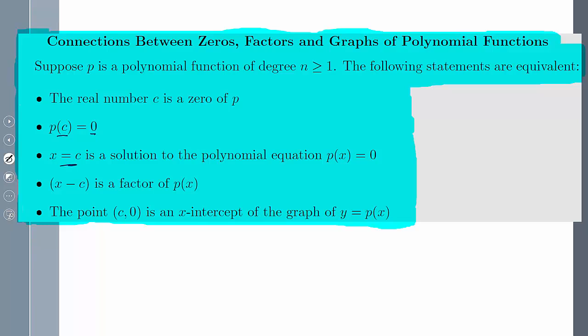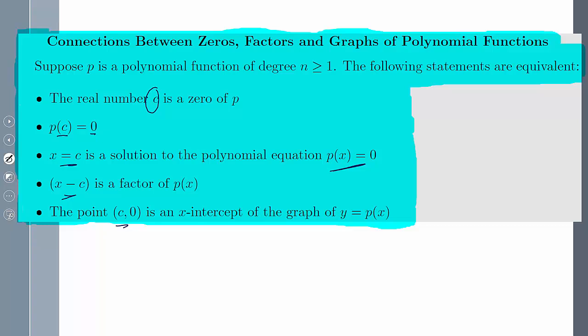x equals c is a solution to the polynomial when your function equals 0. We would write x minus c, that is a factor of your p of x, and the point p of c is an x-intercept of the graph. Now, this is just observations. There's nothing really for us to memorize. It's just saying that,